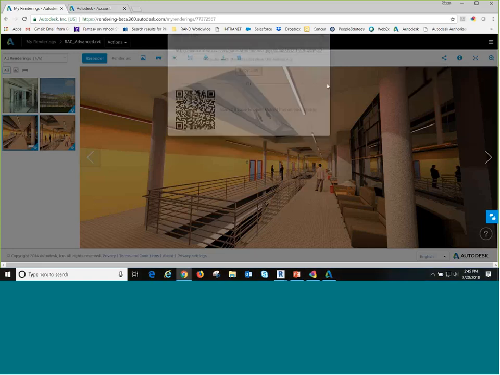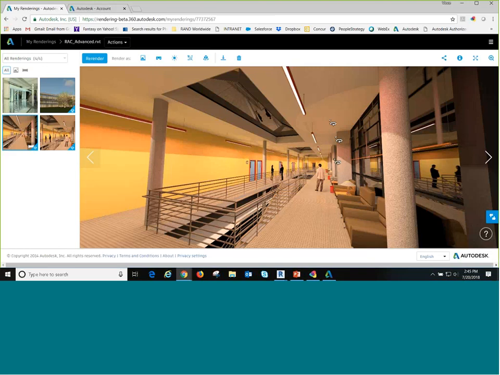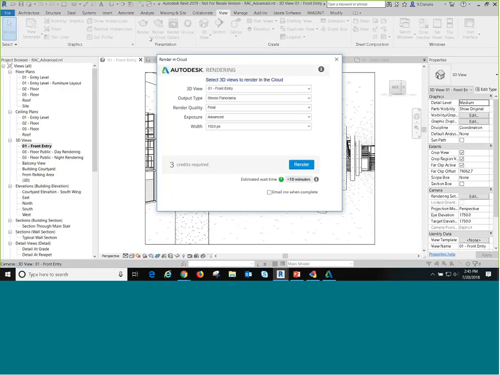This would be great too if you wanted to show any types of clashes that you're catching in Revit. You could turn the ceiling off, look and see what's happening with all of your equipment, all of your ductwork and pipe, and show clashes right in this simple space. Then one last thing I want to just